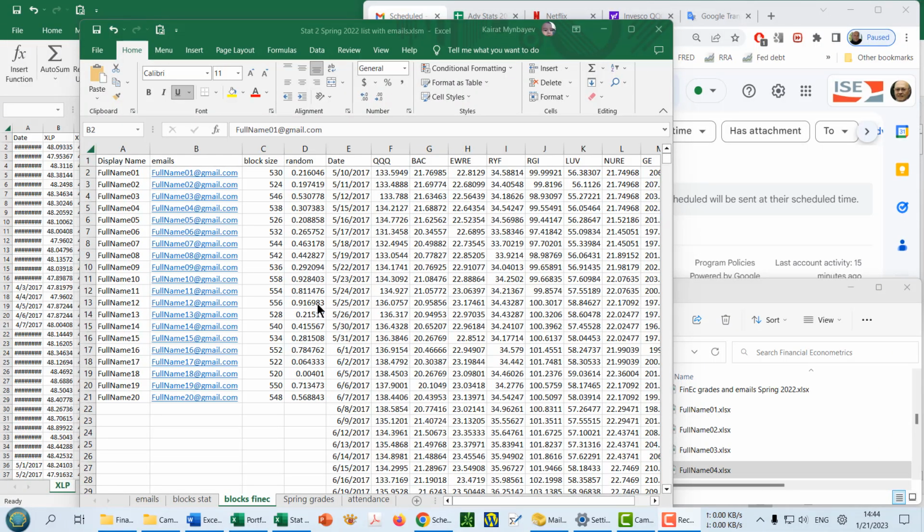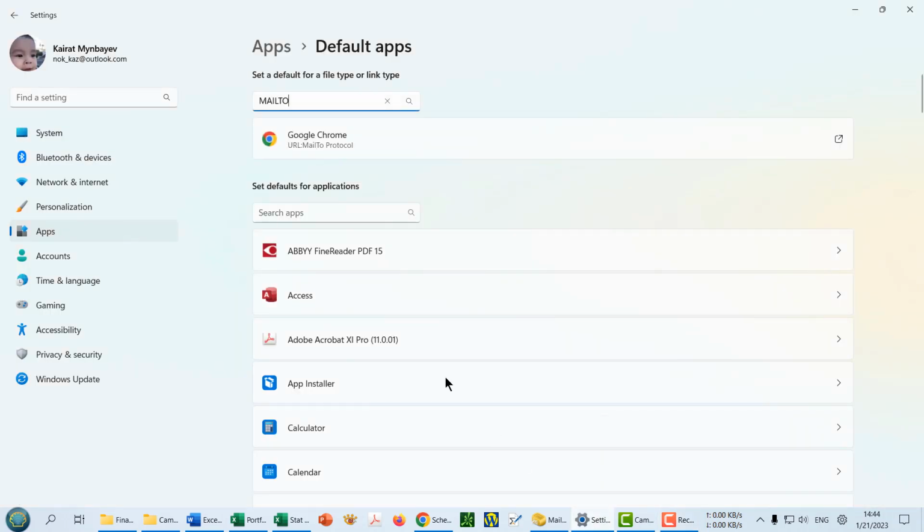This is the third video to show how to schedule mails to all students. In order to be able to do that, you need to make certain changes in settings. For example, here in Windows 11 settings, I have Google Chrome as my mailto protocol handler. So how do you do that? You go to the apps, default apps section, then here you type mailto, and here you can set it